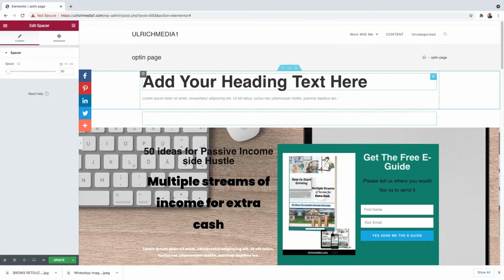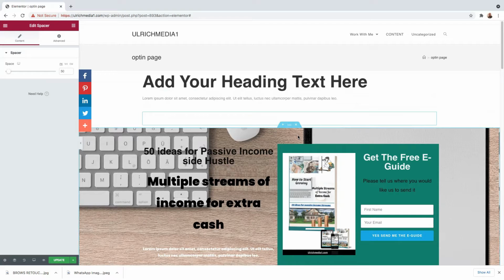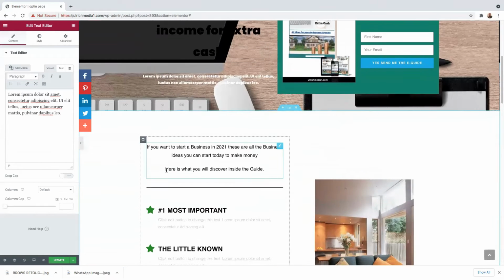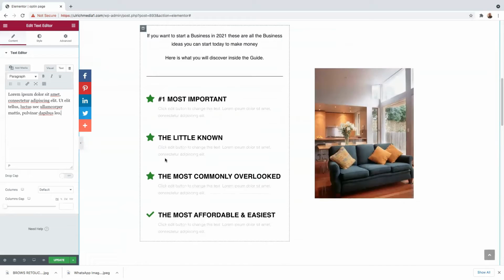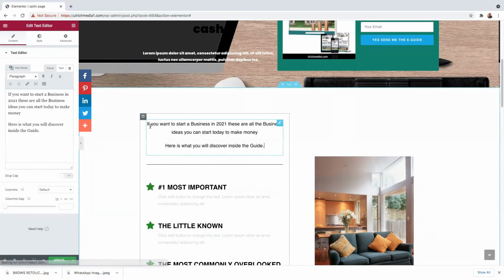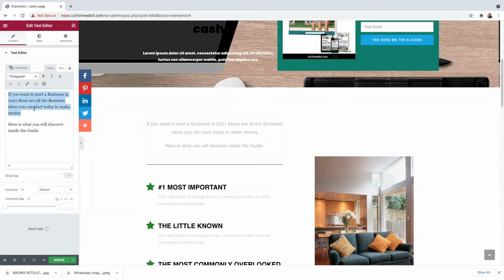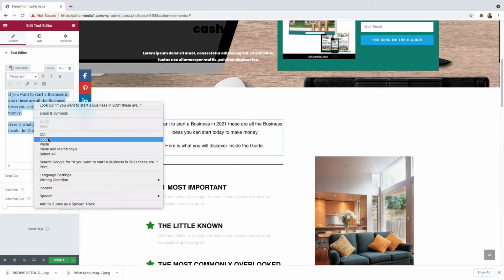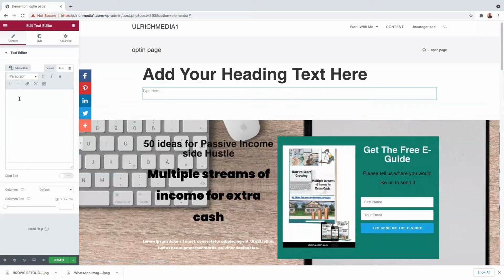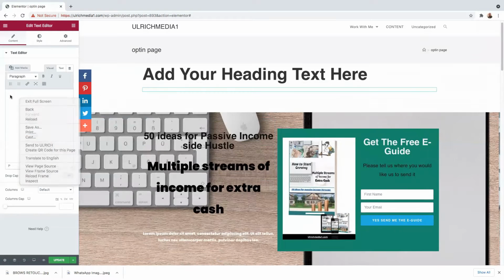So I have a header, I have a small text, and then I have a spacer just to make space. In this text, I can just get rid of all these text if I want to get rid of these text, right? And add my own text, by the way. So let's just say I'm going to get rid of these text, by the way, and I'm going to come here and copy these texts, and paste